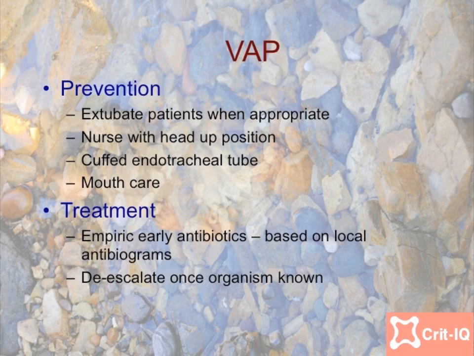This includes nursing the patient in the head-up position, usually done at least 30 degrees with the back of the bed raised, using a cuffed endotracheal tube, and regularly checking that this cuff is inflated adequately, and also using routine mouth care in all intensive care patients, which includes chlorhexidine mouthwash and brushing of patients' teeth